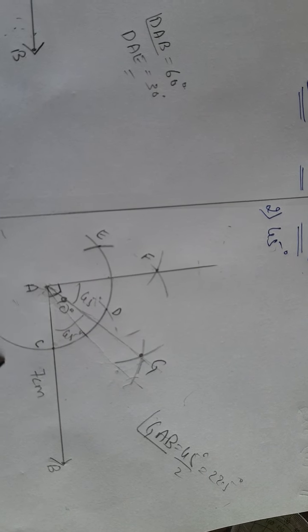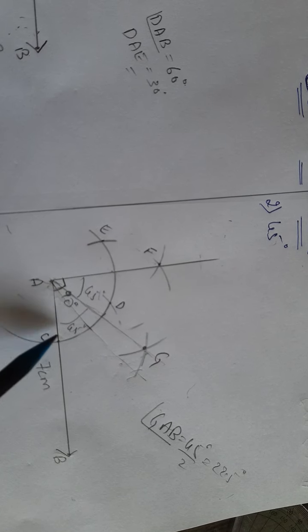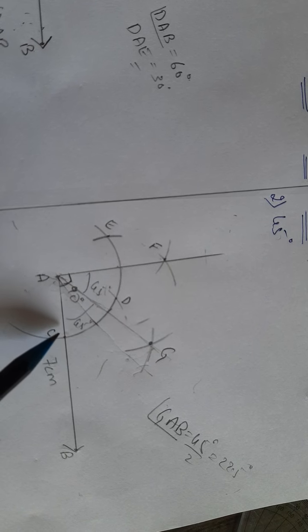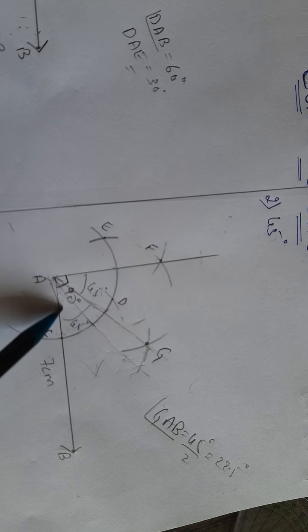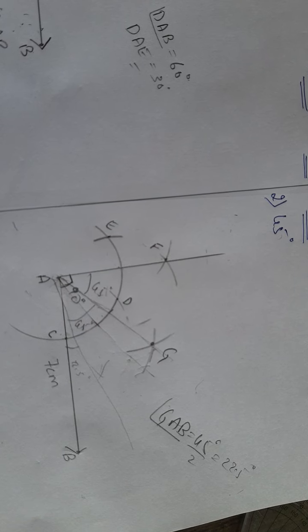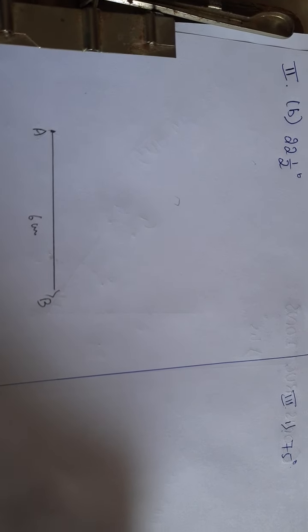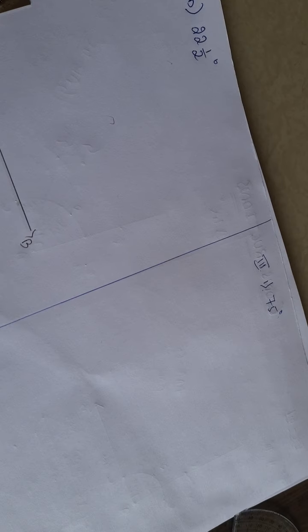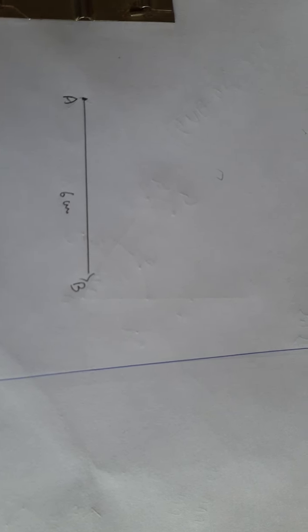Now for this angle GAB, from this point and for this point C, for this radius CD, more than half, children. If you cut an arc and draw one more line like this, the angle we get is 22.5 degree. So very simple. So we shall do that now. What I will do is, first I will finish the construction of 90 degree. This you already know how to do, and 45 degree also you know, but there was small confusion. So what I will do is, first I will finish with 90 degree, then continue from 45 degree.